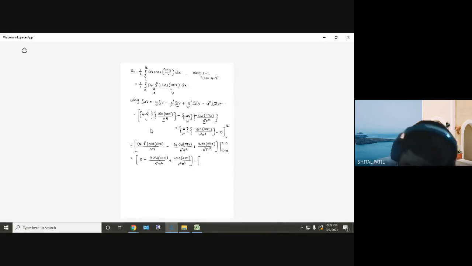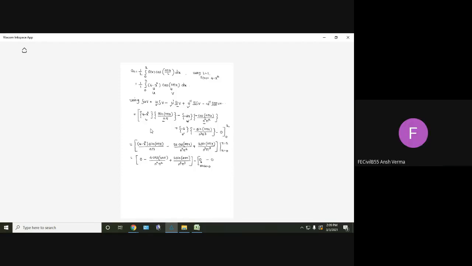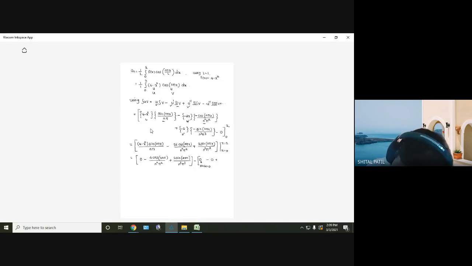Now let me write the lower limit. First term, sine of n pi x with x equal to 0. That is sine of 0. What is sine of 0? 0. I'll mention it here. Sine of 0 equal to 0. Therefore, first term is 0. Then minus x equal to 0 in the next term, so the second term is 0. Third term, sine of 0 again. Sine of 0 equal to 0. Therefore, third term is also 0. Getting everyone? Okay.